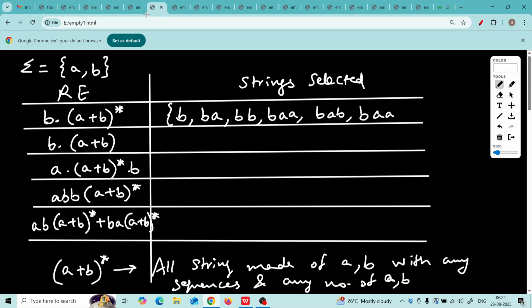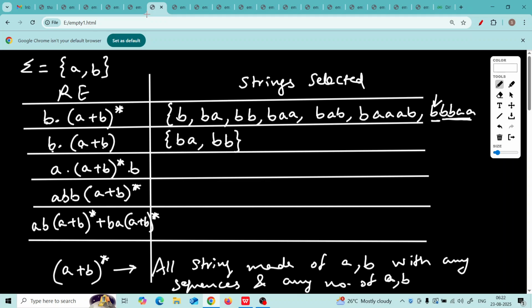Okay, so it can be like this also. This string will be there. You watch B, B, B, A, A, but it begins with B, correct? It begins with B followed by anything and of any length. Okay, what do you understand by this regular expression B dot A or B, but star is not there? It means we should have first letter B, then second letter can be A or B. So BA, or the string must begin with B and the second letter should be B. That's it. Because star is not there, now we can't repeat this sequence.